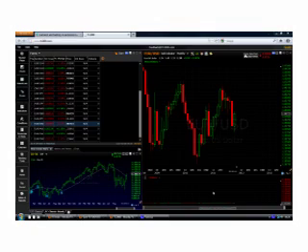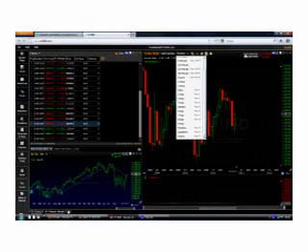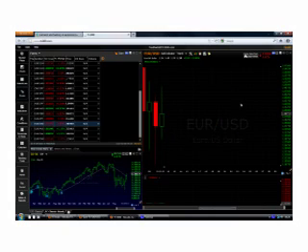So bear with us. We want to talk about how to achieve consistent winning trade. And right here we are looking at the Euro-USD currency pair. As always, we are on the monthly chart right now. Nothing is stopping us from going to the yearly chart. I'm talking about how to achieve consistent winning trade like professional traders.